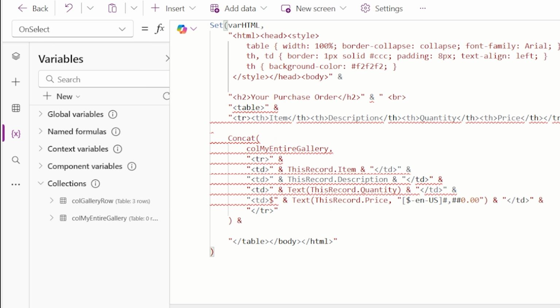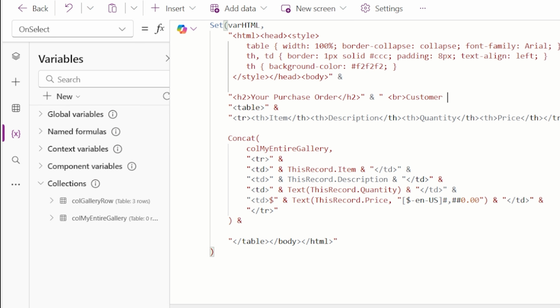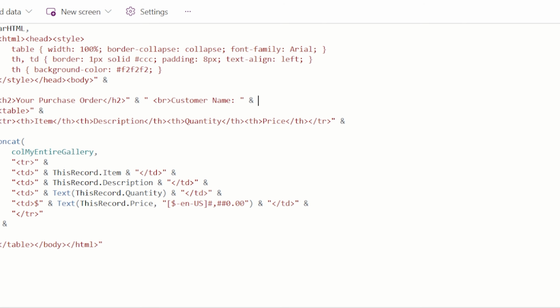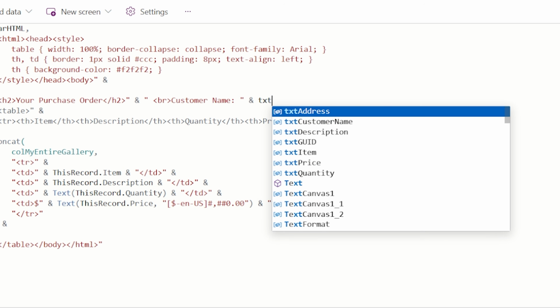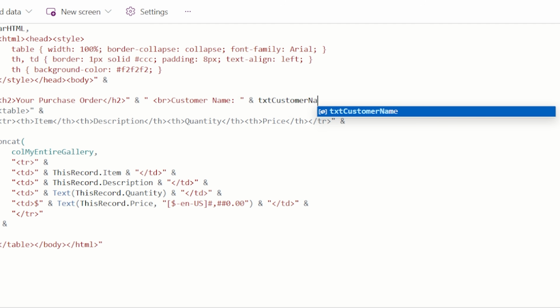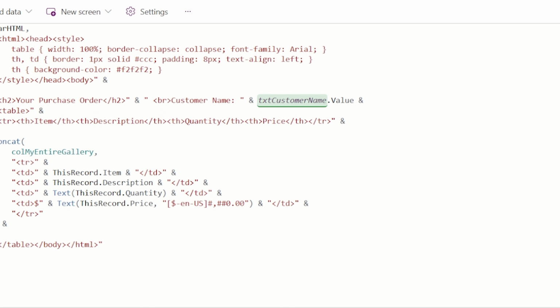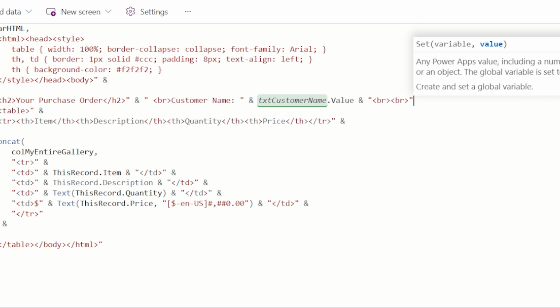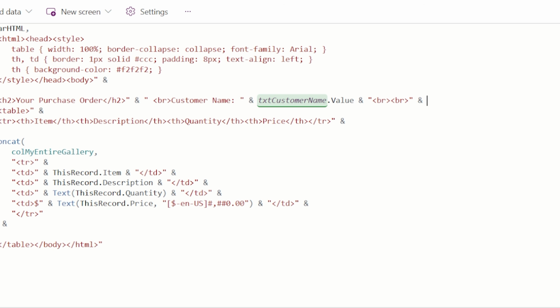BR, customer name, space and text customer name dot value and BR. It's a break, right? A BR is a break. Break and text. Oh wait, we need to write